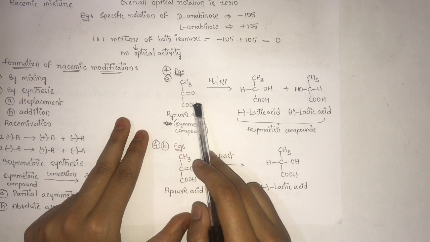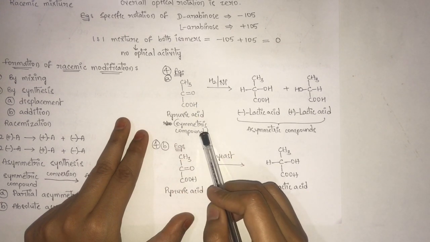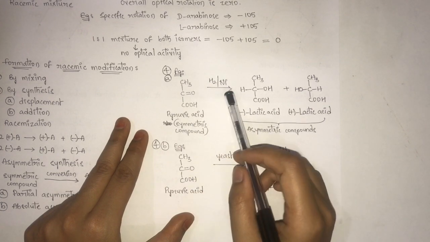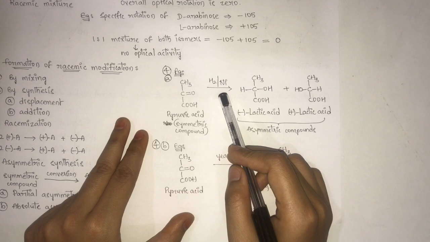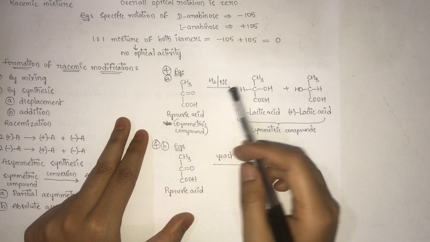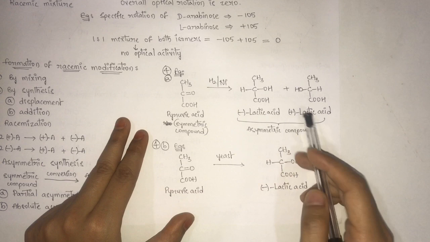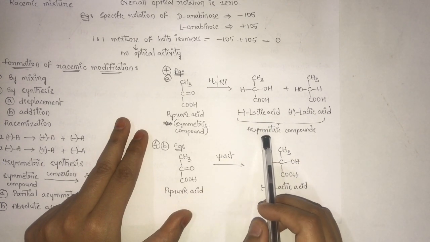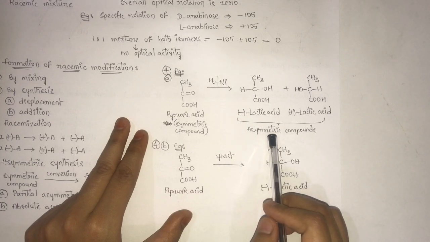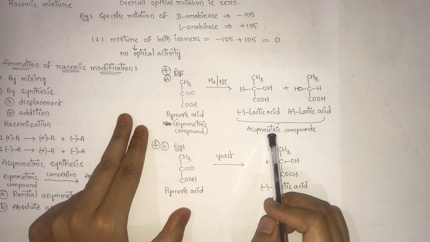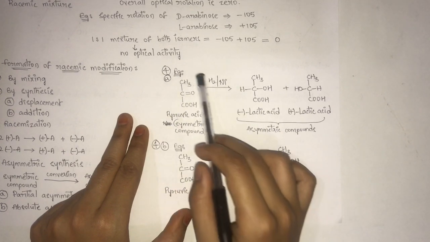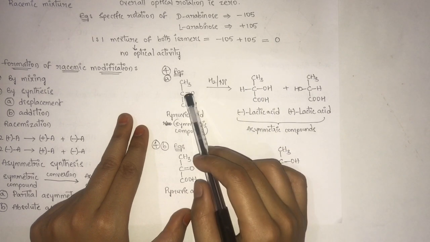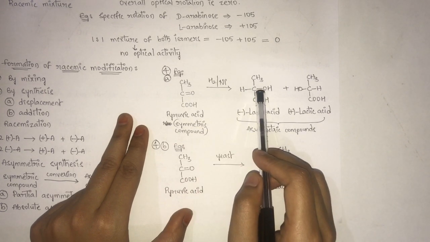Asymmetric synthesis. First one, partial asymmetric synthesis. Here I am taking the example of pyruvic acid as a symmetric molecule. That means there is absence of chiral carbon in this particular molecule. Performing reduction using hydrogen in the presence of nickel as catalyst, we will get minus lactic acid along with plus lactic acid. So we synthesized asymmetric compounds. How are we saying these compounds are asymmetric compounds? In pyruvic acid there is an absence of chiral carbon, but here there is a presence of chiral carbon due to the conversion of this ketone to hydroxyl group.